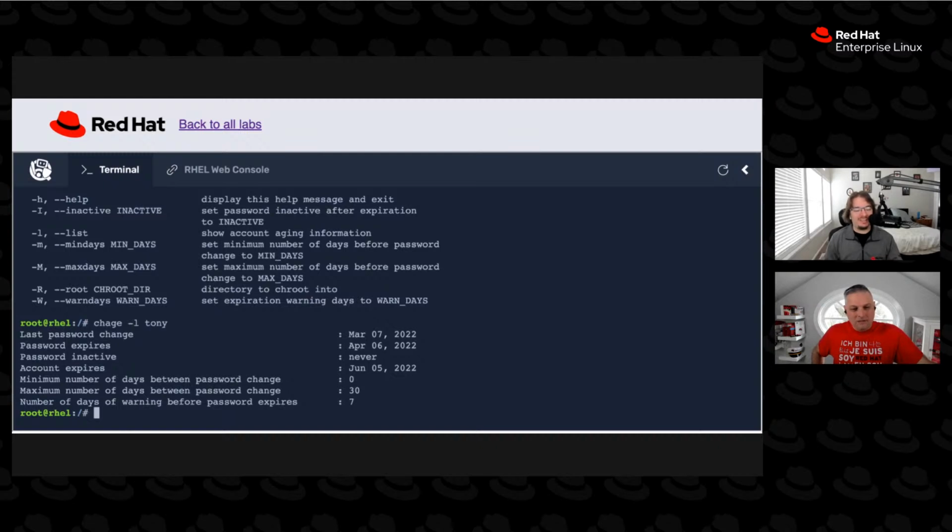So what that warning does is whenever you log in within that 7-day period, it'll actually tell you, hey, your password is set to expire within X number of days. You might want to reset it now. And that gives you the chance to go through, pick a good password, and then reset it on your own terms. Because once you hit that 30 days,